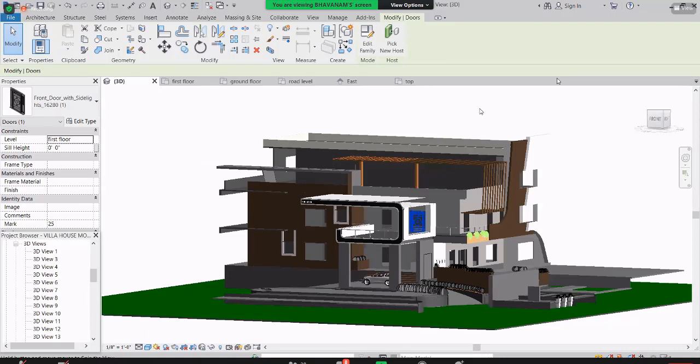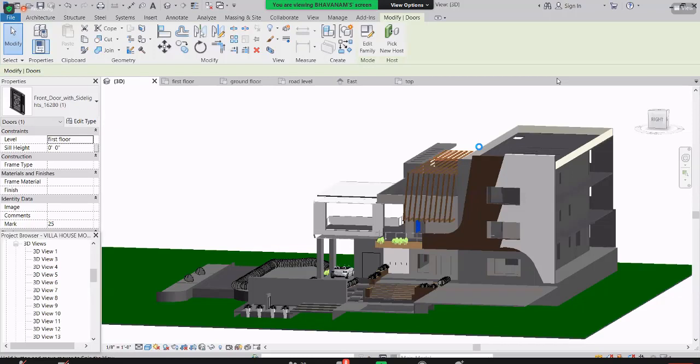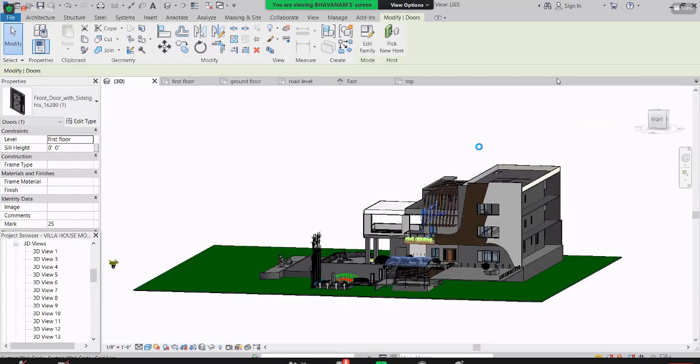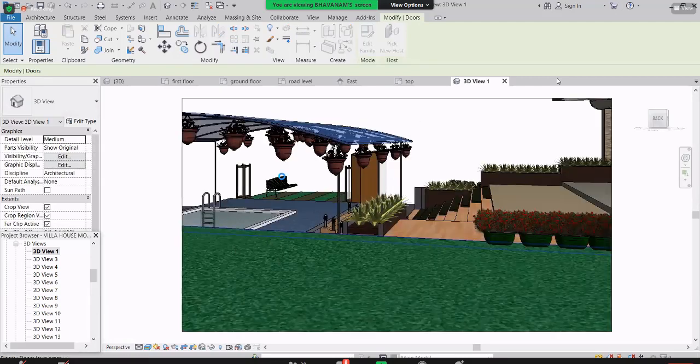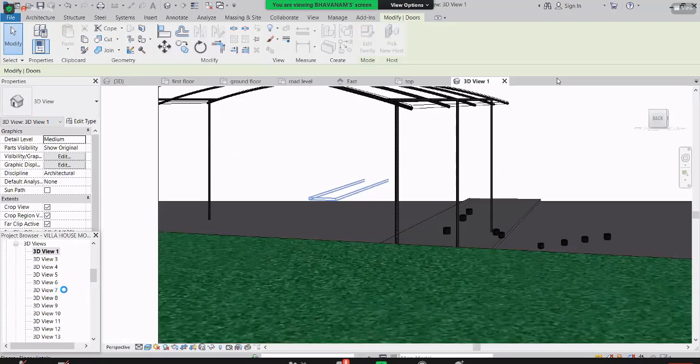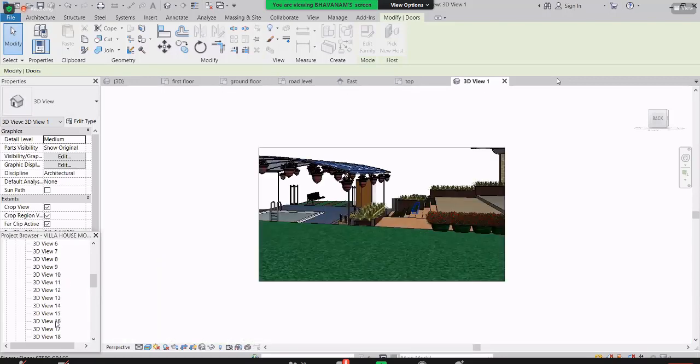And if you go to the 3D view, just let me click on a 3D view, then you can see how it will look once you have done the rendering. Let's see here. Yeah, it will take some time to open this 3D view. So see guys, after the rendering and after making it a realistic view, you can see it like this. Okay, so here you have the swimming pool and these things. Let me open another 3D view in the bottom. Just click on 3D view 16, then you can see.